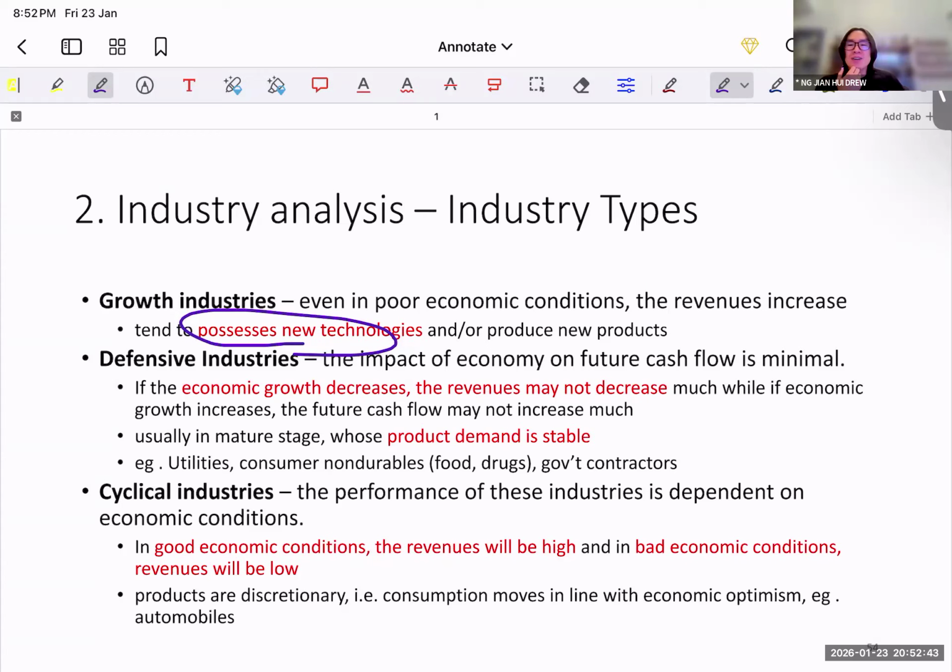Now, the COVID situation is quite atypical. I'll consider COVID as more of a black swan event, right? When you think about a cyclical industry, it means that there must be ups and downs, right? But I feel that for COVID, it's up because there's a spike in demand, and after that it's just going down, if, of course, the pharma company does not reinvent itself to produce other drugs, right? If they only focus on COVID-related drugs, then it's down all the way. Right?